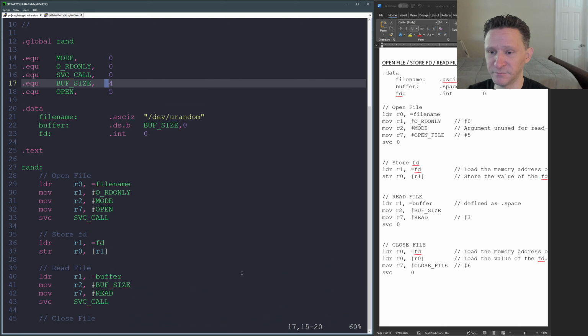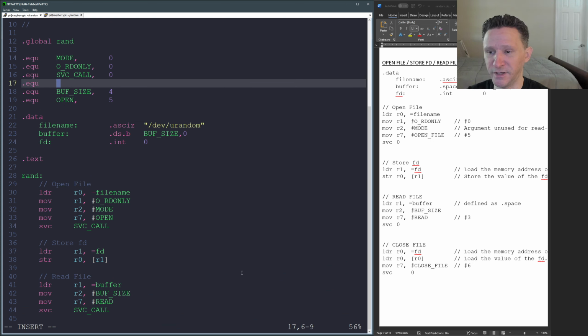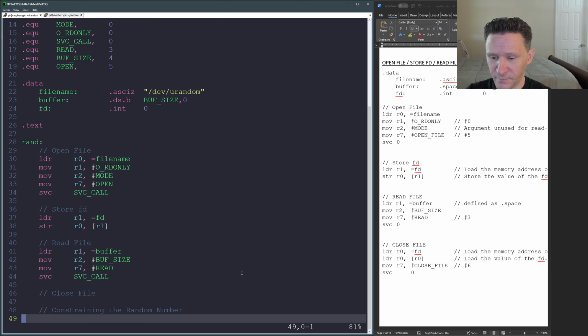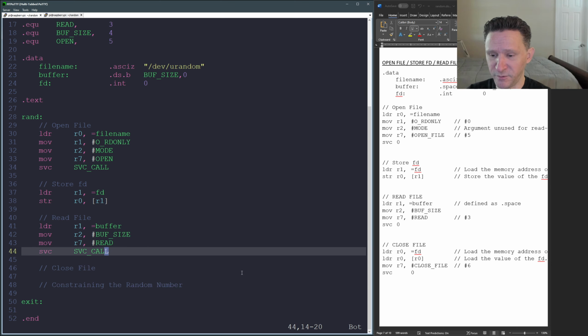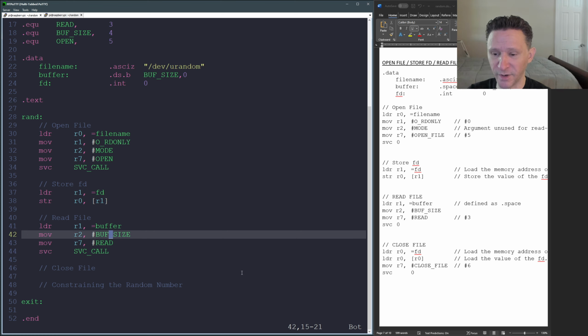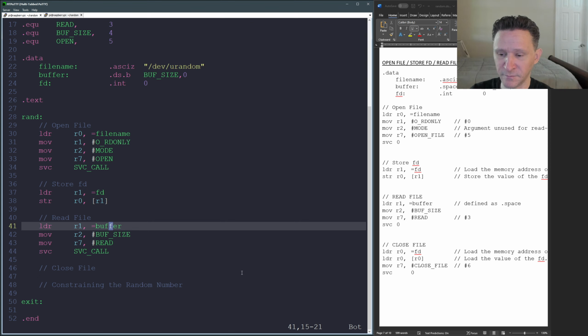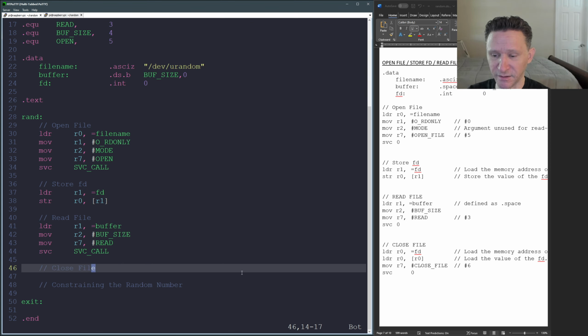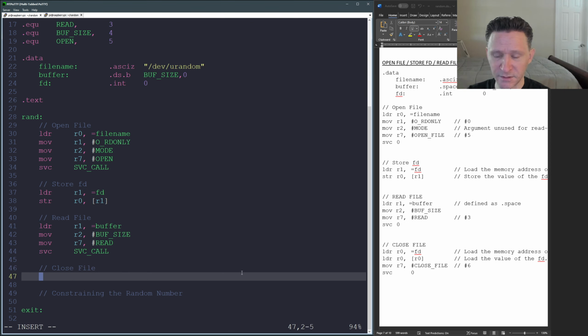So let's come up here and define what we mean by read. So when the assembler sees the word read, what we really mean is the number 3. Okay, so at this point, we should have our 32 bits or our 4 bytes read, and they should be sitting there in that buffer space. So now let's go ahead and close the file. So let's load into register 0